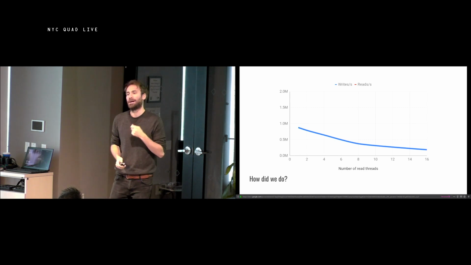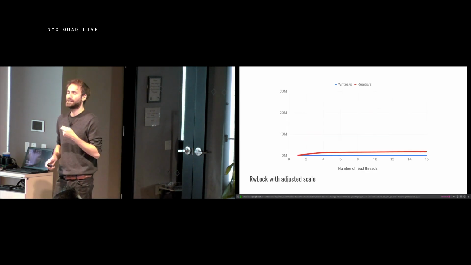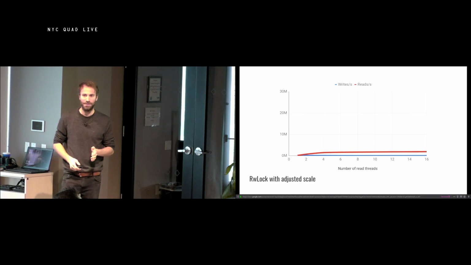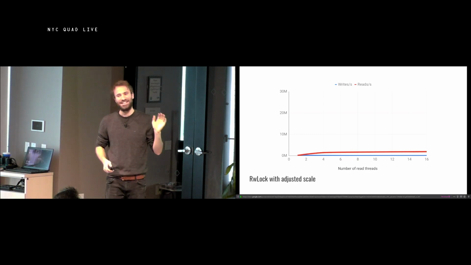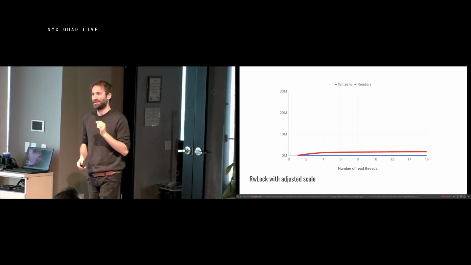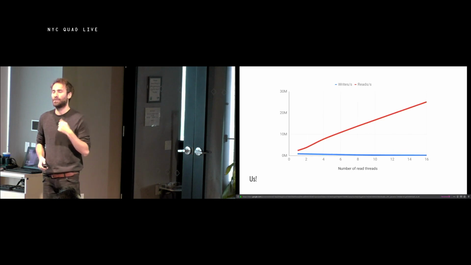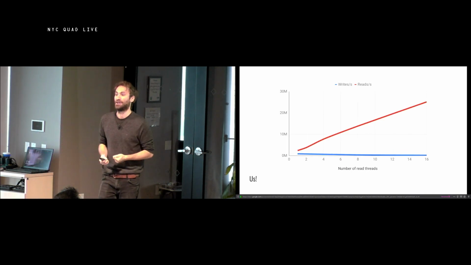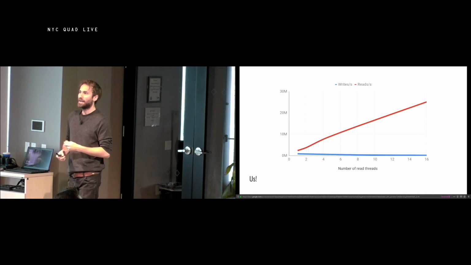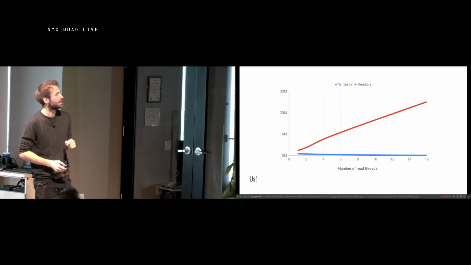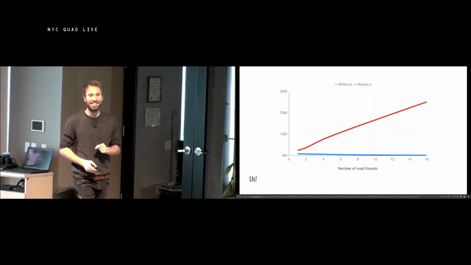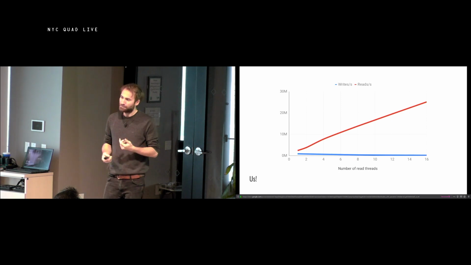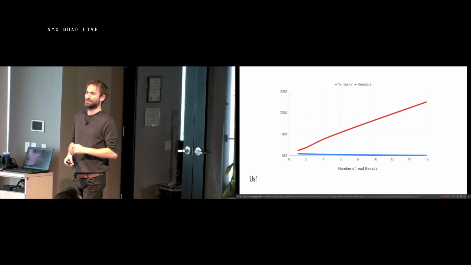Well, we have to zoom out a little bit. So this is the reader-writer lock on a slightly different scale. And you see that it's really not that good. Like, reader-writer locks are terrible. Here's how we do. Can you see how much it matters to not use locks, right? In fact, this is with 16 threads, we get to do 25 million reads per second. That's pretty good. That's pretty good for a little data structure.